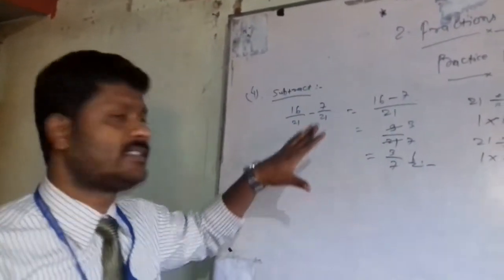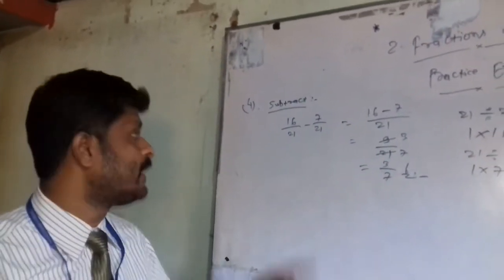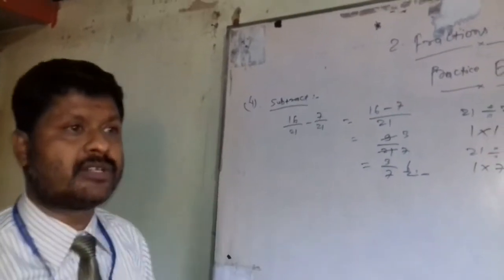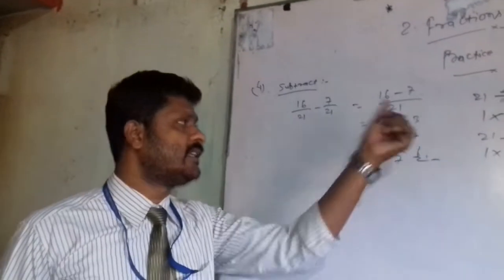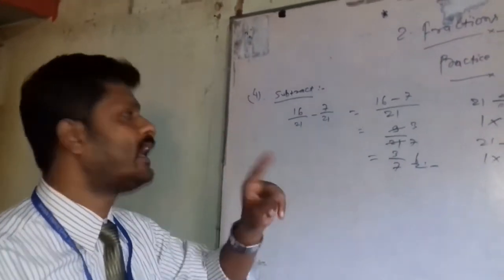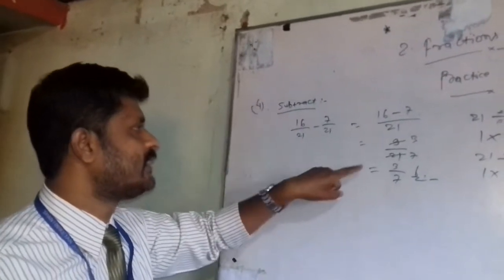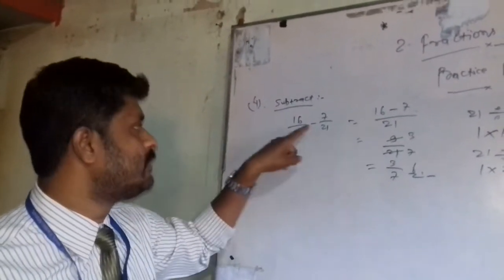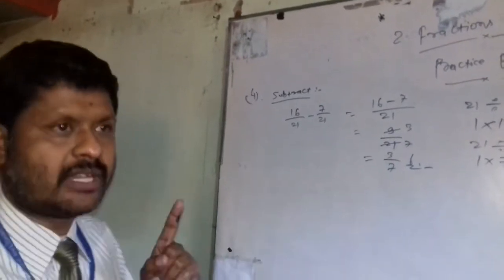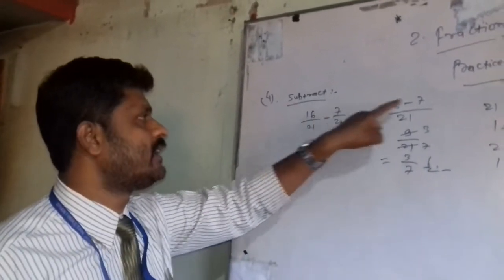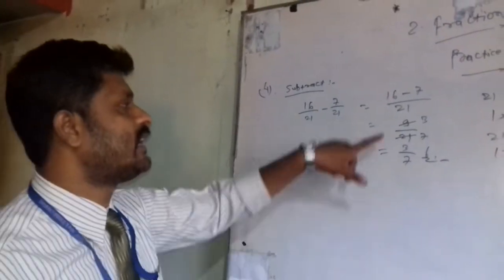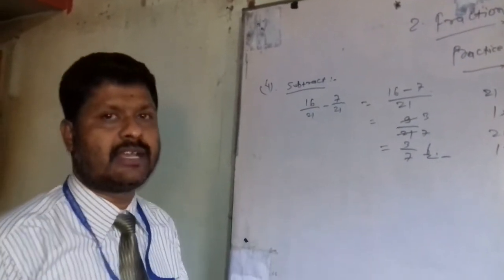जस्ट उसी तरीके से जैसे जोड़ होता है वैसे ही घटाव है. 16 by 21 में से घटाना है 7 by 21 को, तो 21 21 का LCM निकाले 21 आया. 21 को 21 से डिवाइड किए 1 आया. 1 को 16 से मल्टीप्लाई कराए तो 16 आया. फिर माइनस की जगह पे माइनस हो गया. फिर 21 को 21 से डिवाइड किए तो 1 आया. 1 को 7 से मल्टीप्लाई कराए तो 7 आया. इसलिए 16 में से 7 को घटाना है. 16 में से 7 घटाओगे तो 9 आएगा.